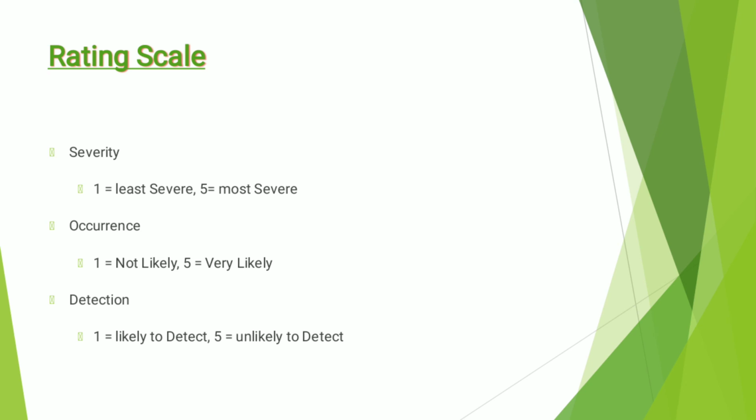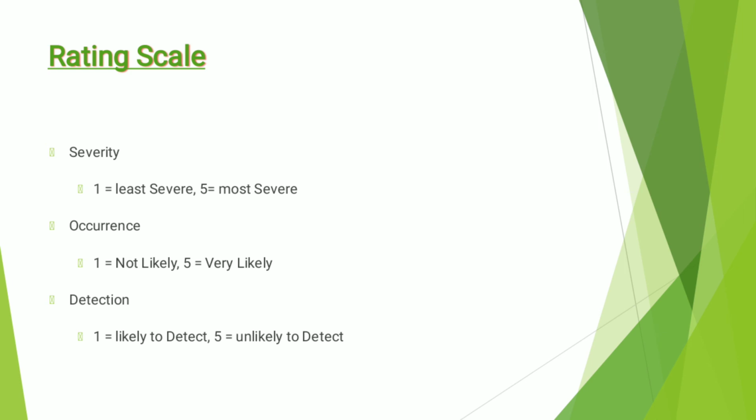Now the next step is to identify what current system we have to control this failure. When we analyze current control or detectability, in this step we identify the level of detection by asking the question, how well are we equipped to detect this failure, and accordingly assign a score between 1 to 5, with 1 meaning very likely to be detected, or we can say in very high control, and 5 meaning very unlikely to be detected, or we can say in least or no control. So here we get the rating for detection.